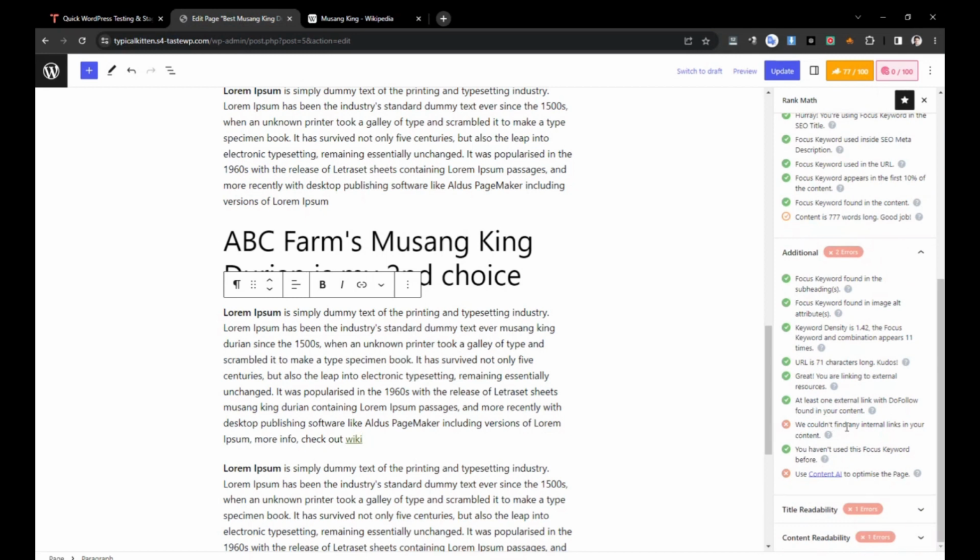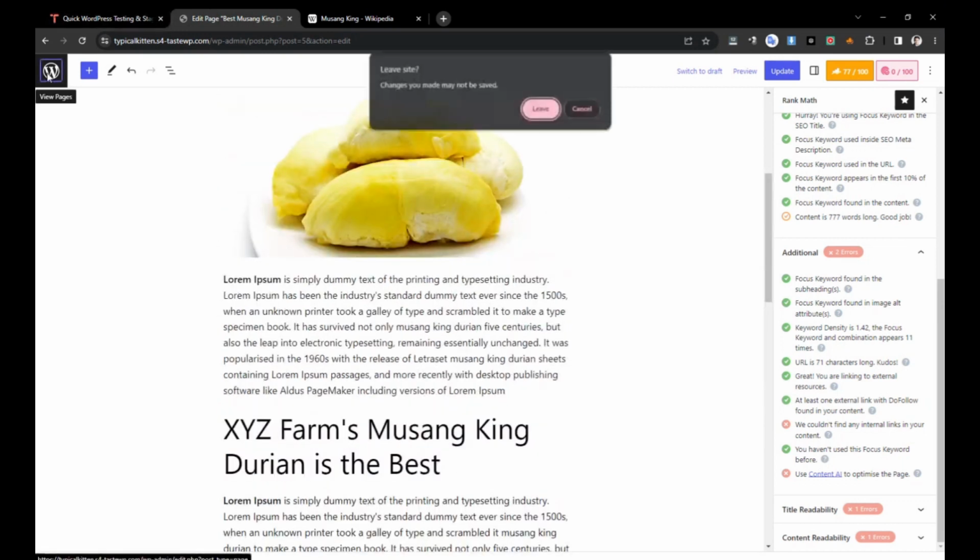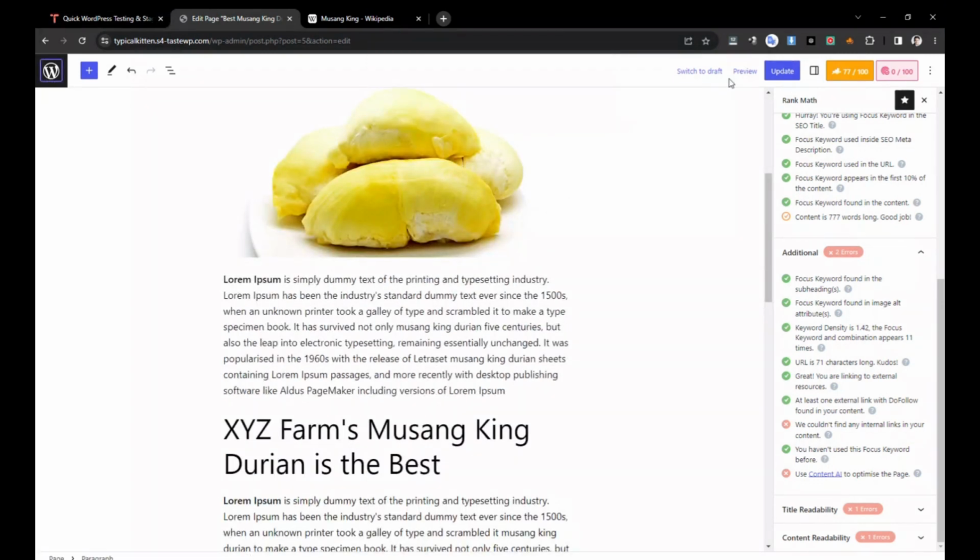We cannot find any internal link in your content. So over here, internal link. So what are internal links? Okay, let me update this page. Internal links mean that from this page you link to another page. Another page over here is, let's say,